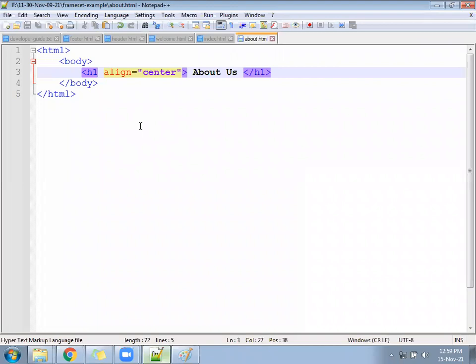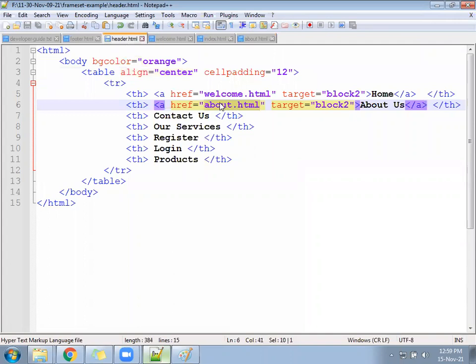The about us file is ready. The file name is about, because under the header file we are linking with the about only. Next, check the file.